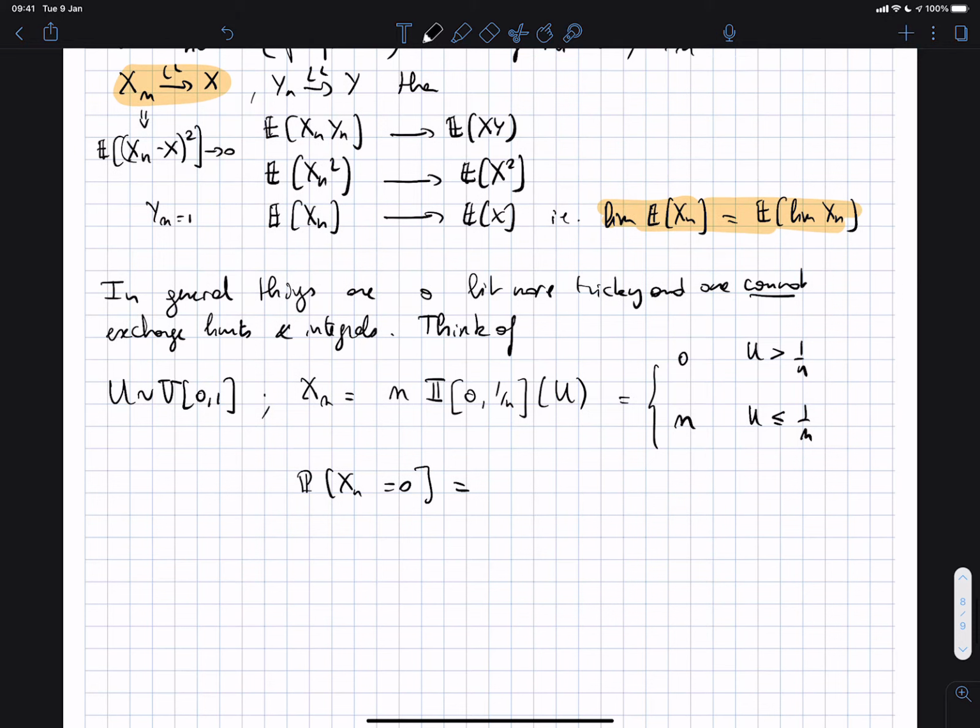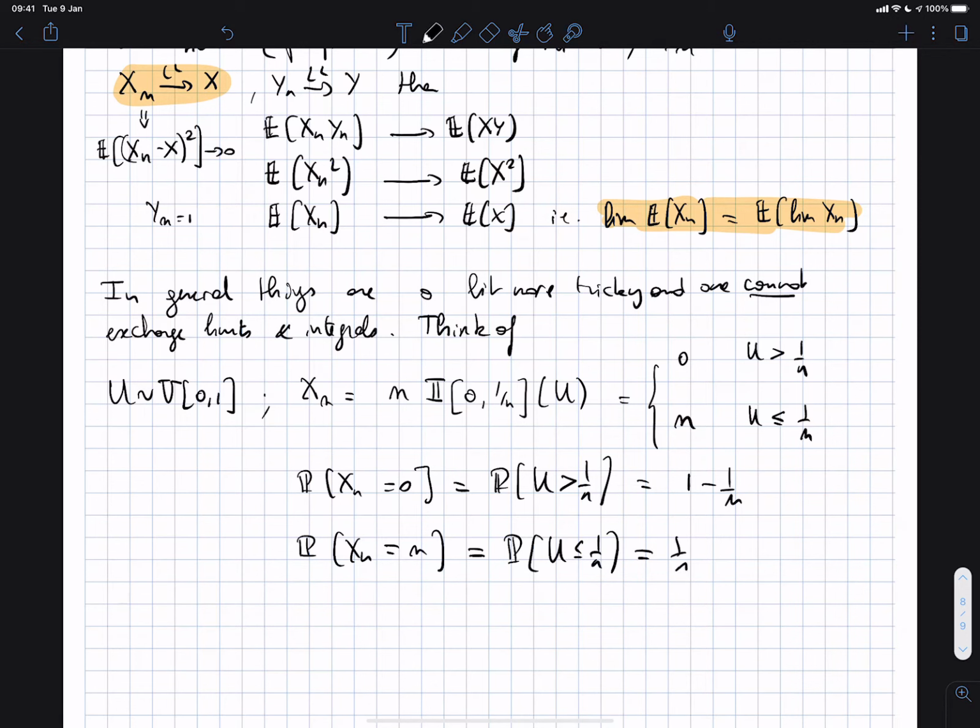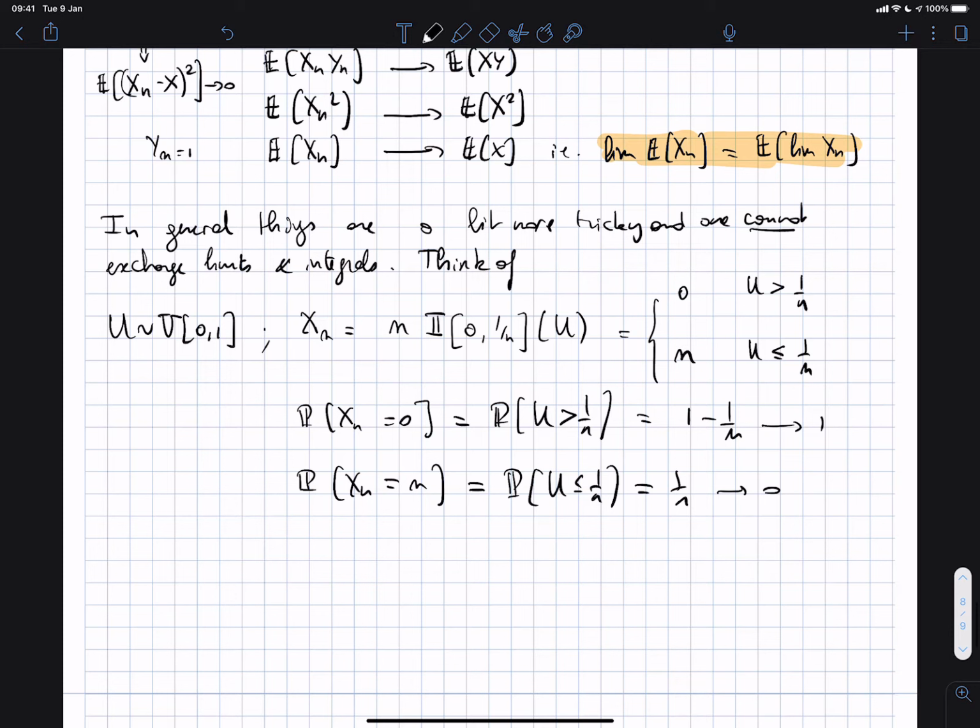So the probability that Xn is equal to 0 is the probability that U is larger than 1 over n, and that's just 1 minus 1 over n. And the probability that Xn is equal to n is the probability that U is less than 1 over n, which is 1 over n. So this goes to 1, this goes to 0, and